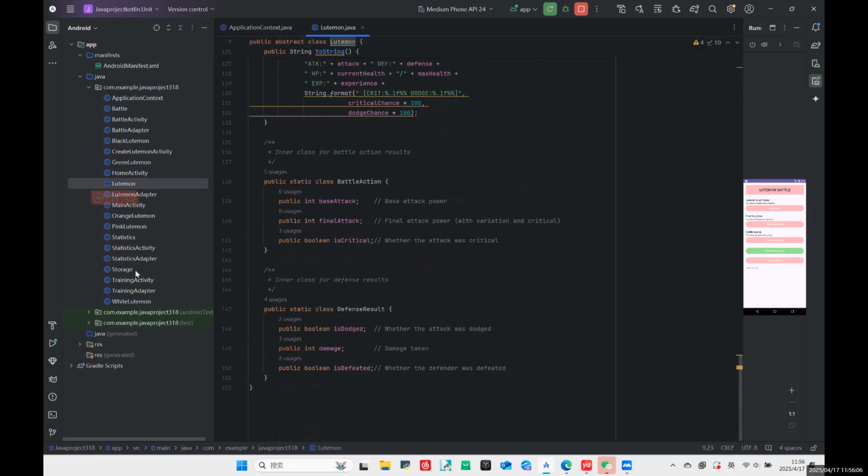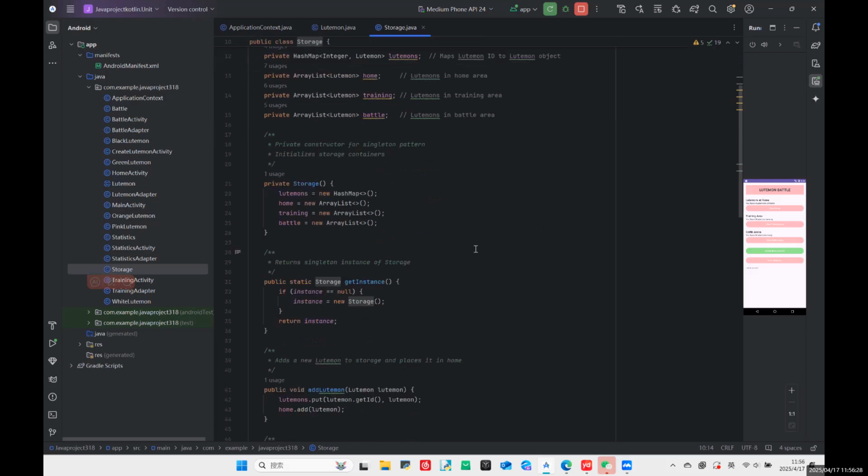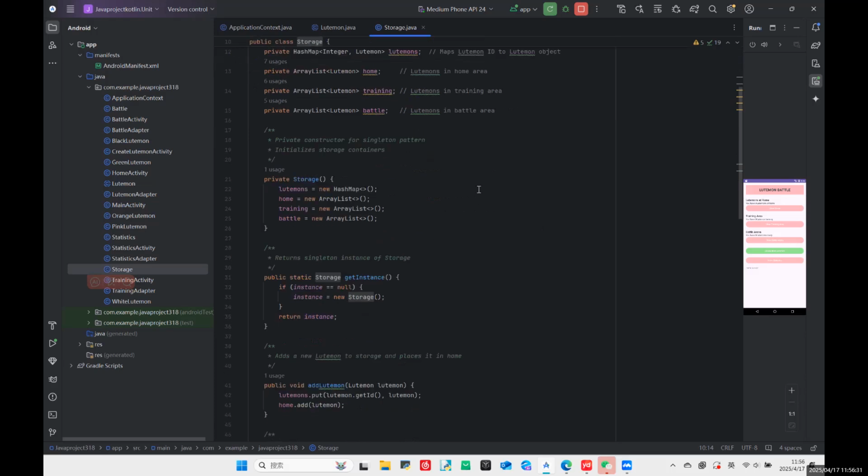And we can see the storage class, the storage management class. It uses the singleton pattern to manage the storage and location of all the loadments. You can see the structure like that. We use the hash map for quick access to loadment by ID, and the array lists store the loadments of the home, training, and battle areas respectively. And the main methods we have